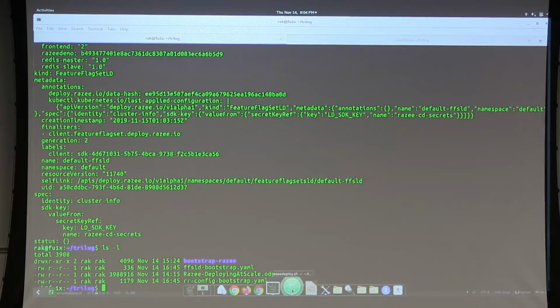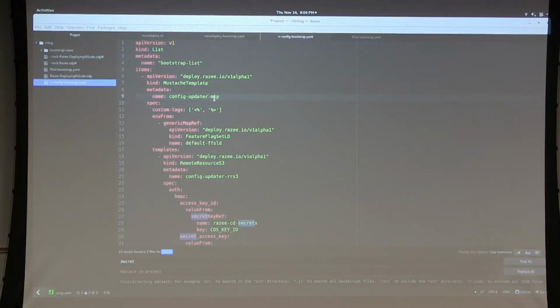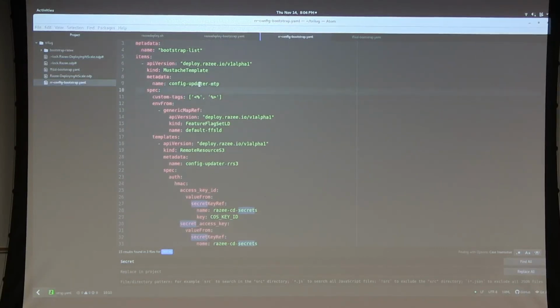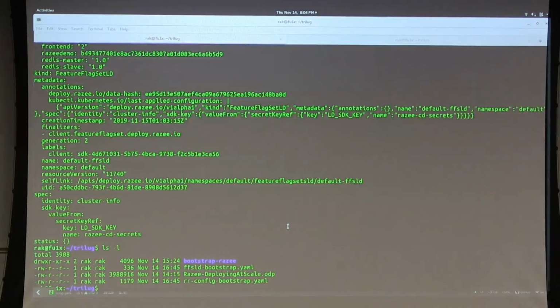So we pull up, close up the bootstrap, and we're going to look at remote resource bootstrap. This is the next resource I'm going to put on. It relies on the feature flag set for its environment, and it has a number of secrets that allow it to access cloud object storage. In this case, I'm not really accessing clouds, I'm just going to raw GitHub. We're going to substitute in this configuration, and remember from the configuration, it in turn tells us what microservices this cluster should run. So when I put this on,